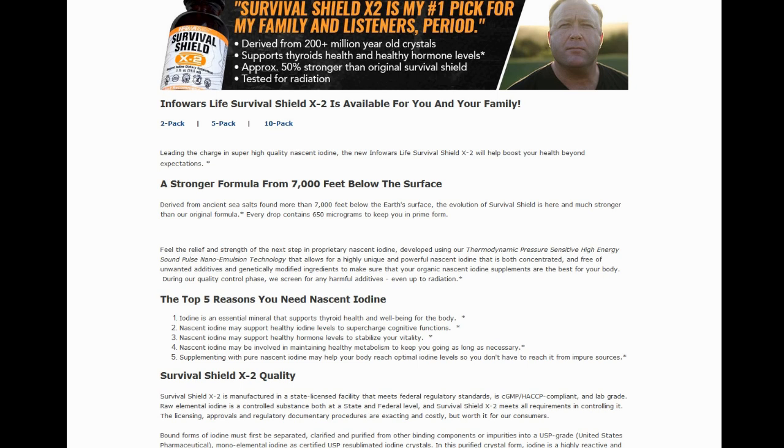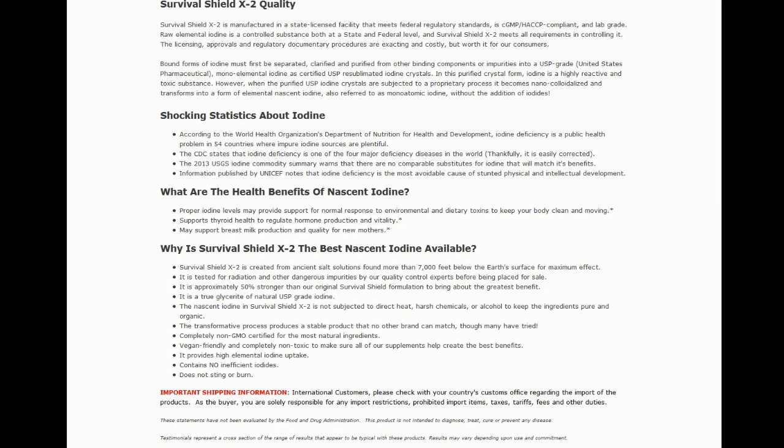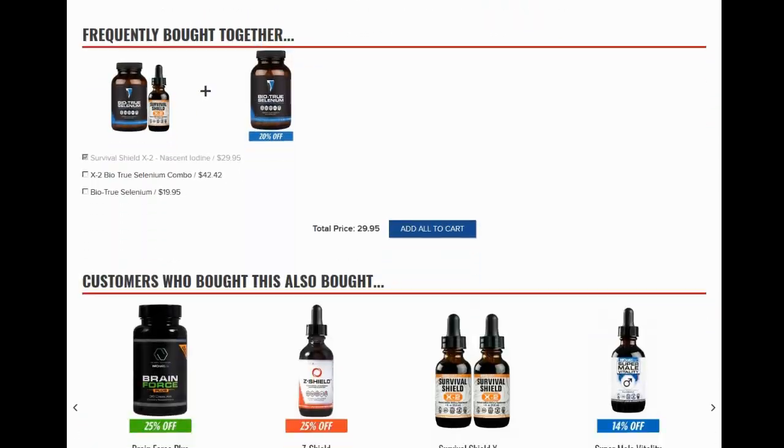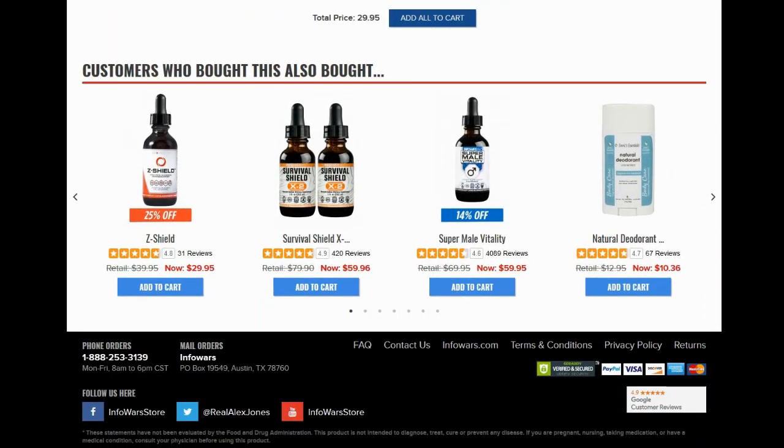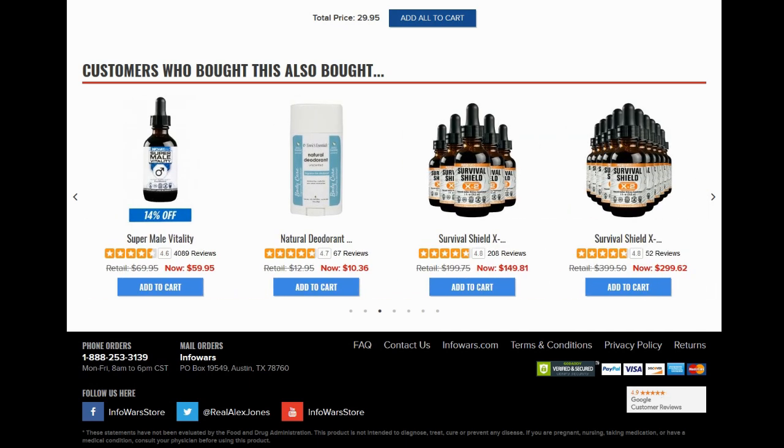There was a doctor by the name of Dr. St. George, who is the doctor who discovered vitamin C and actually taught Dr. Linus Pauling about vitamin C. And Dr. St. George, before he was a vitamin C expert, was actually an iodine researcher. He came to the United States back in the 1950s, and he recommended that every human on this earth would benefit by taking iodine, about 62 milligrams a day. So basically, what we're saying is that the average person is getting far less iodine than they really need.